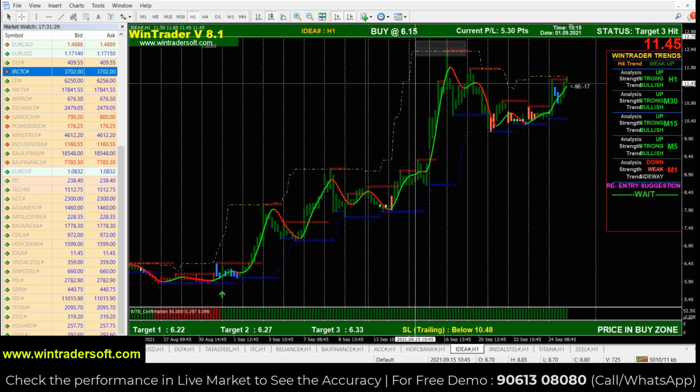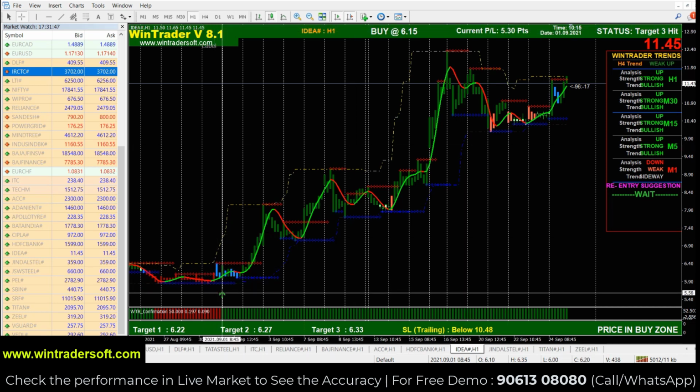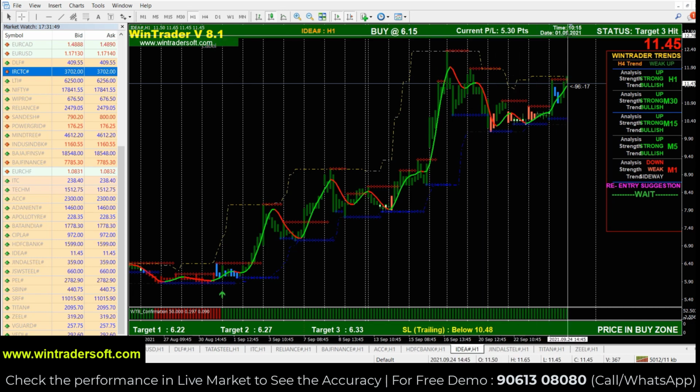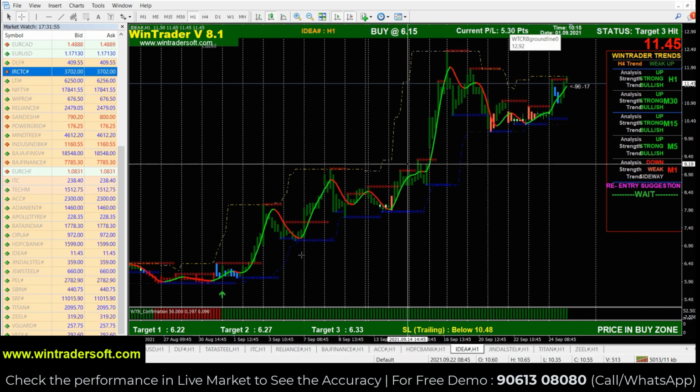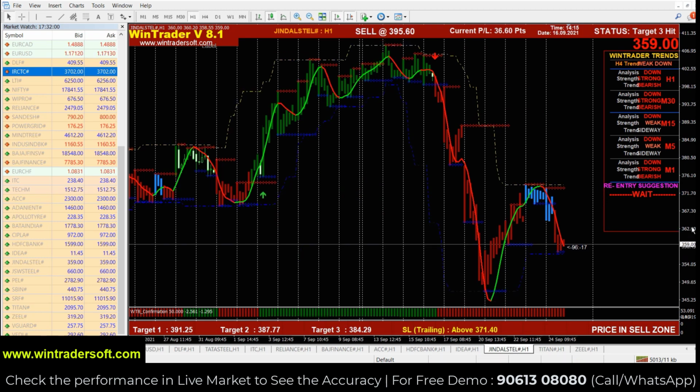Buy at 6.15. From there it's 5 points, because you all know the idea, and after the merger the idea also can't resist in the market. They have started a good trend now. Last week the software suggested exactly this. The buy signal was generated on the 1st of this September and it continues to be a buy. It's 5 points more in profit now in the idea. It's a very good stock. Hope for the best for the next week.